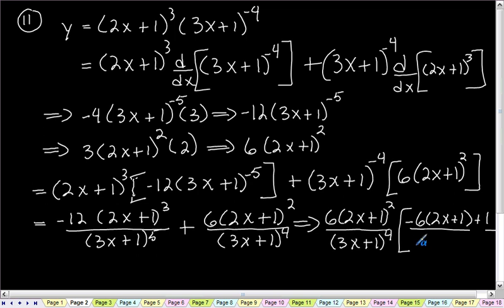I took out a (3x plus 1) to the fourth, so this one I'm left with a (3x plus 1) to the fifth power. Because I took 4 out of this one, I'm left with 1. So I guess my final answer is, as best as I can simplify it,